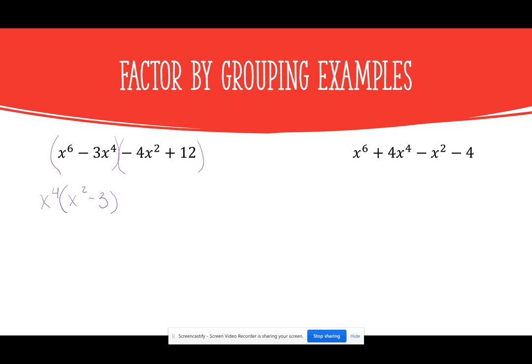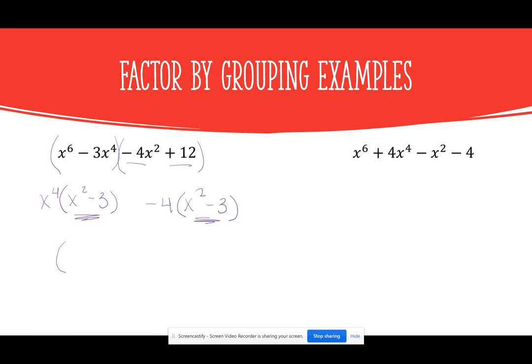Then in the second one, negative 4 goes into both of them. So I'm going to take that out. We're left with x squared minus 3. Some of you might think to just take out a positive 4, but you also want to make these parentheses match. So I knew it had to be negative 4 to flip that sign. Once they match